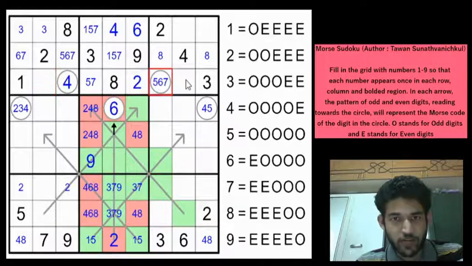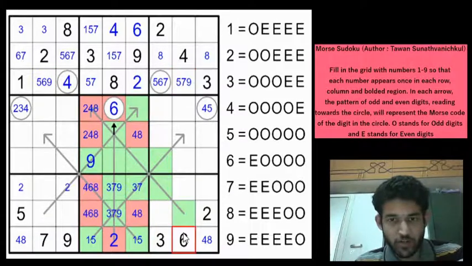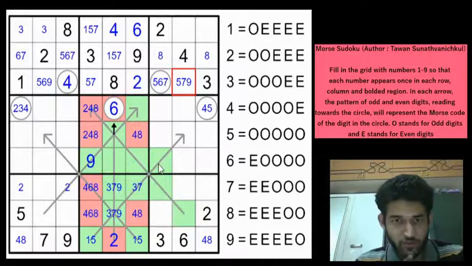Okay, let's look at row 3 now. This cell cannot be a 7, so it can only be 5, 6 or 9. And this can be 5, 7 or 9. 6 is not possible, so this will only be 5, 7 or 9. I feel as though there is something we are missing here. So there is no information here, definitely. And this one, can we gather?